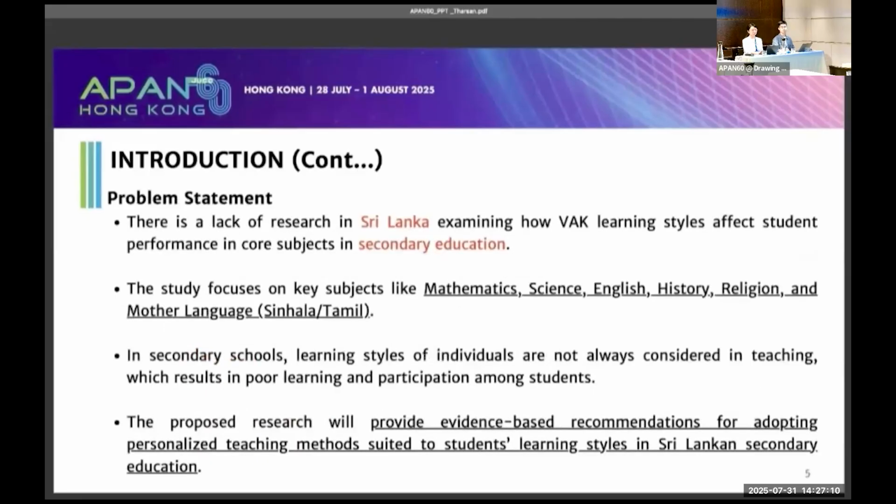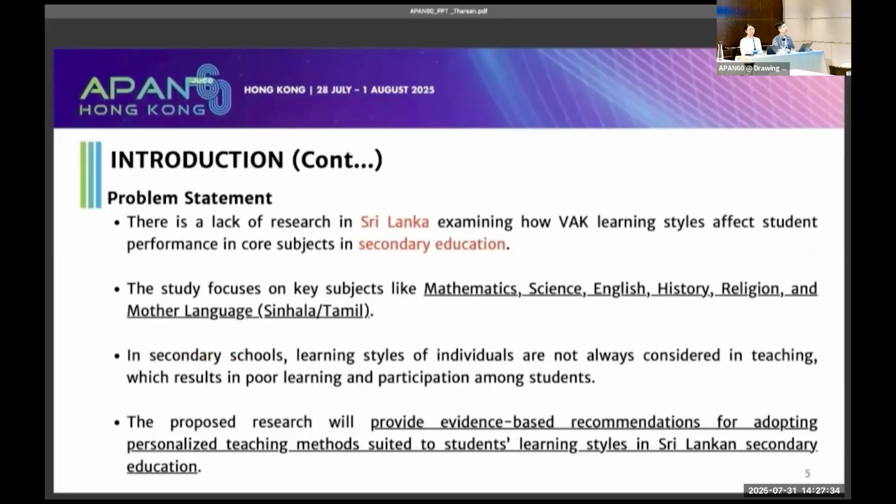Let's see about the problem statement. There is a lack of research in Sri Lanka examining how VAK learning styles affect student performance in core subjects in secondary education. The study focuses on key subjects like mathematics, science, English, history, religion, and mother language, Sinhala or Tamil.